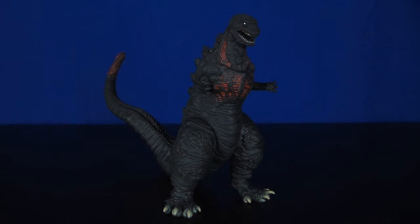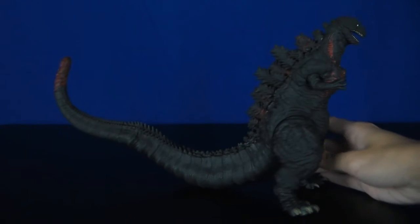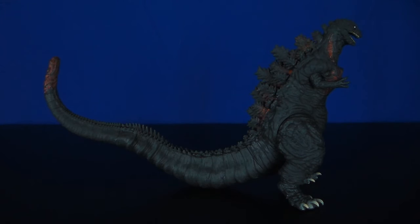I mean, hell, they didn't even put their all into the 2014 Godzilla that they released a few years back. The detail could be a little bit better, but I'm not going to complain because it looks alright for what it is. Now I'm sure a lot of you have noticed that the tail on this guy is ginormous. Well, there's a scene in the movie where...